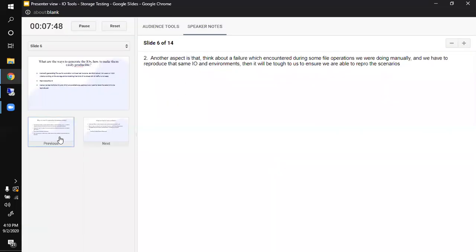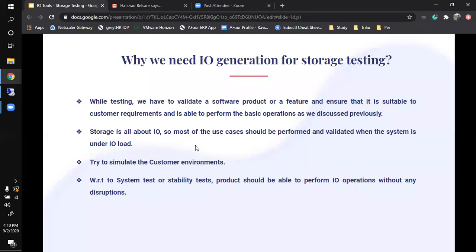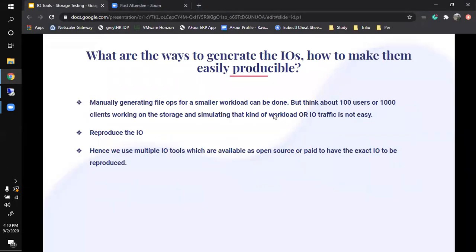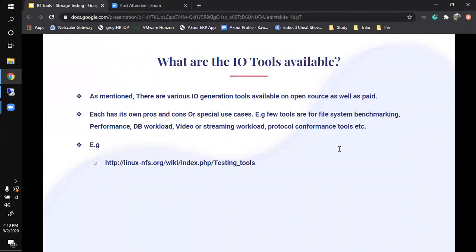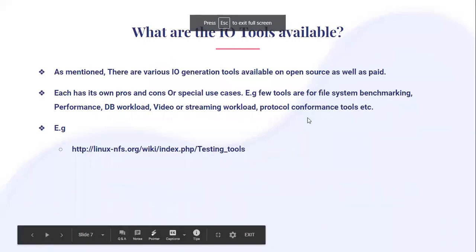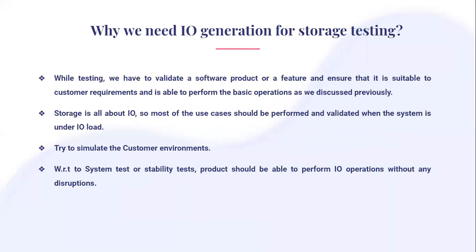Excuse me, Ravi. Sorry to disturb you. Sure. I can see a lot of UI from your screen, so can you check the sharing setting? We can see the browser tab and other UI items. Okay, just a second, I'm sorry about that. Now it's okay, is it okay? Yes, perfect. I'm sorry about it.